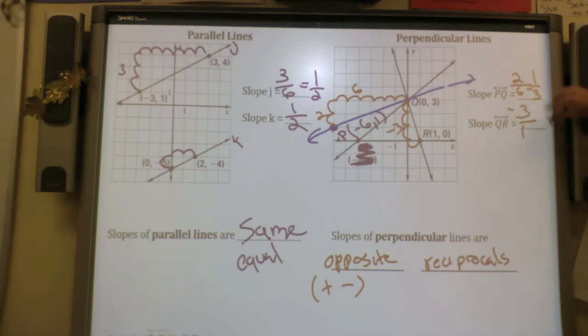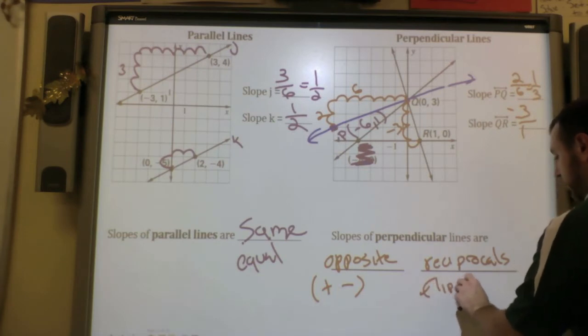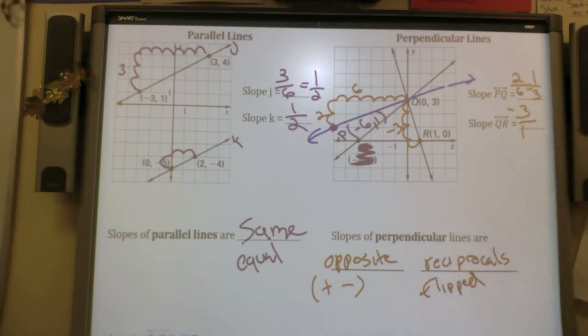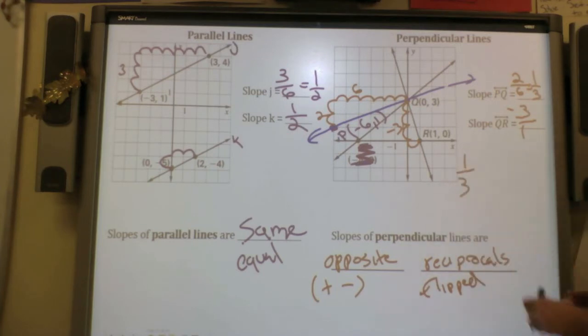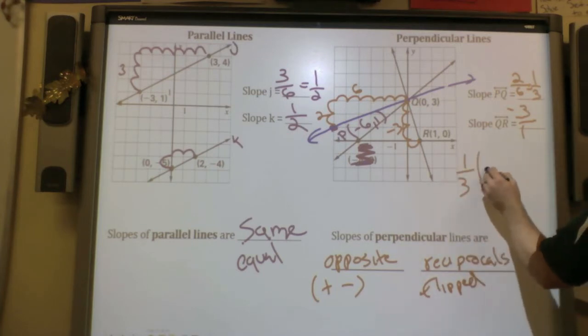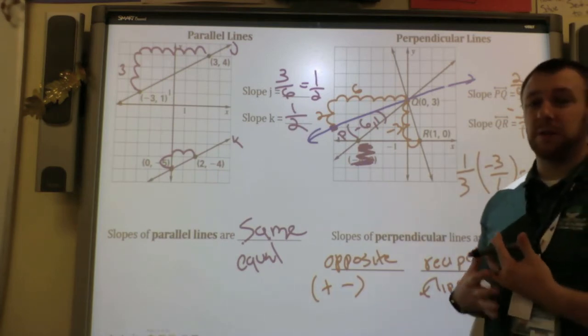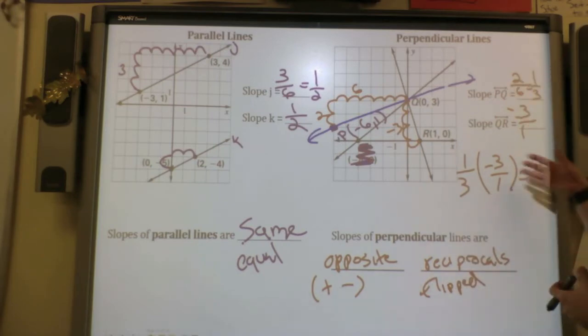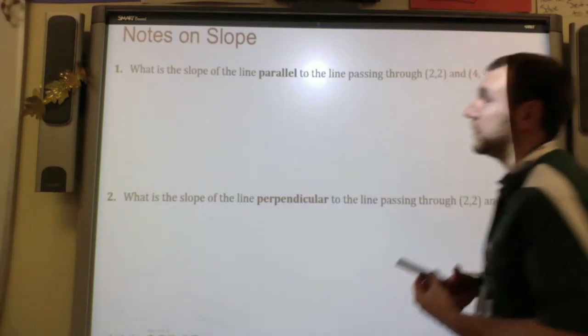Means they flip. This was 1 over 3, this is 3 over 1. Flipped. Okay? And you also might notice from our geometry sketchpad that 1/3 times negative 3 over 1 equals negative 1. Whenever you multiply slopes of perpendicular lines, they come out to be negative 1. So if we go to some examples here,